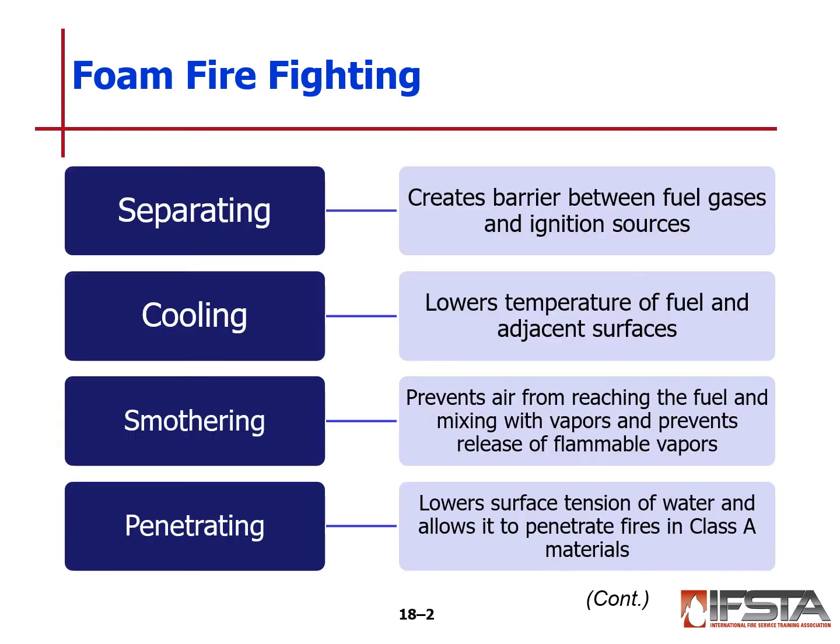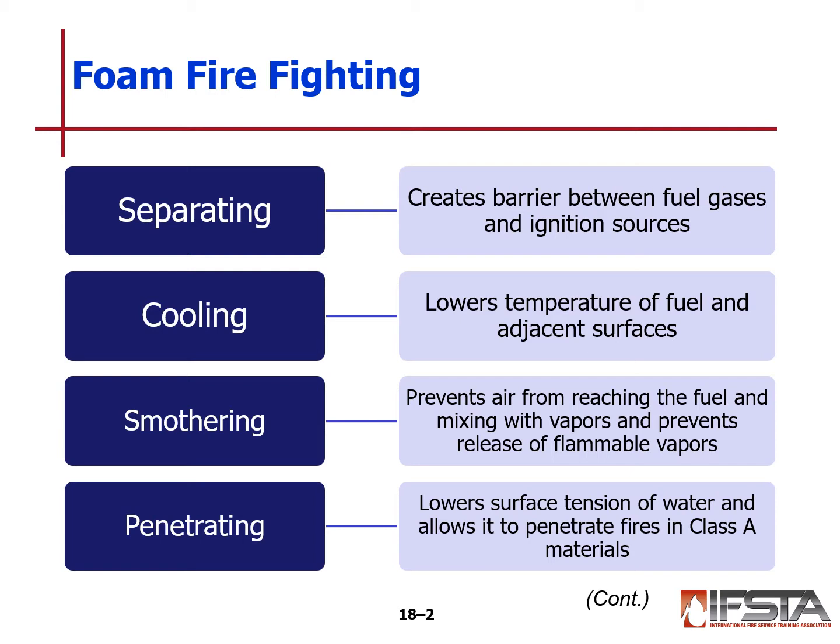When using foam to fight fire, the foam is capable of several different things. One is separation, and it creates a barrier between the fuel gases and the ignition sources, such as our hydrocarbons in our Type B or Class B foams. It also has a cooling effect, which lowers the temperature of fuel and the adjacent surfaces. And as foam breaks down, it releases the water that was used to make the foam as well, and will help